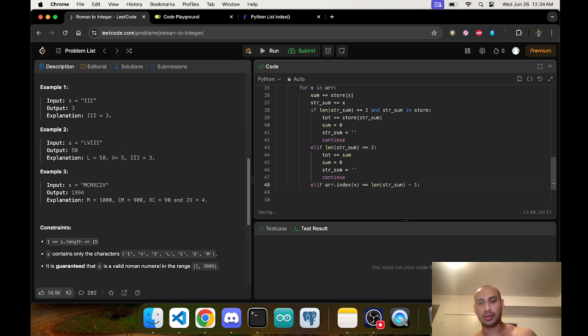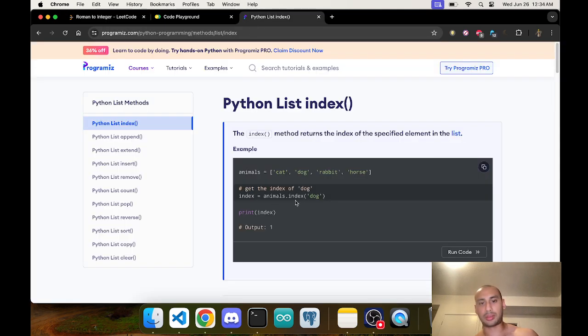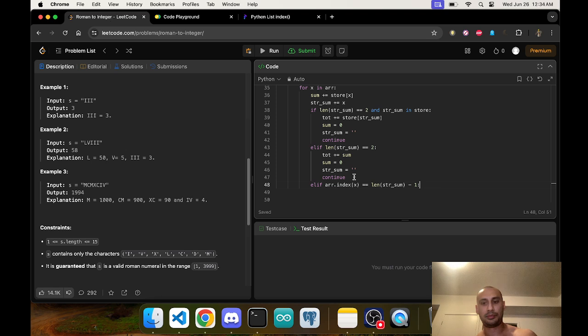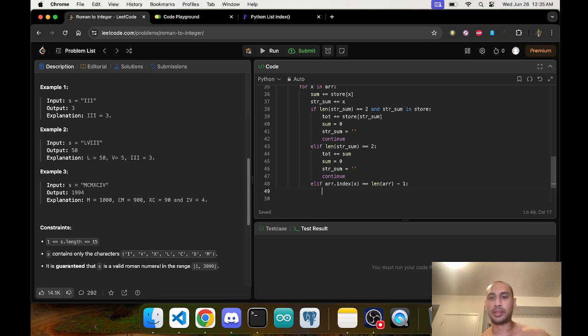arr.index(x), dog.index, boom, equals len(str sum). Oh wait, why am I doing len str sum? I gotta do len r. So length of the array minus 1. So see if it's the final index, then I just go total